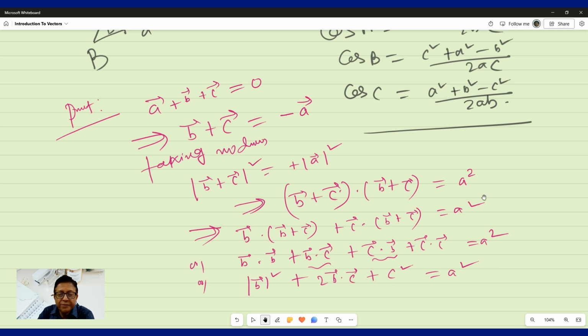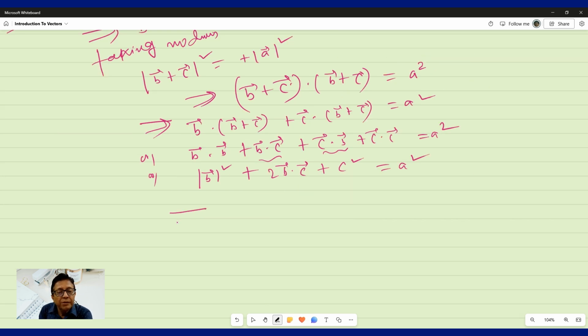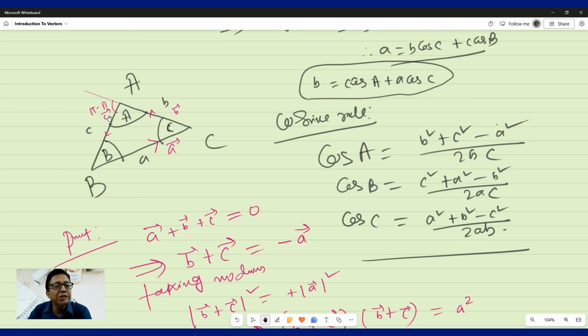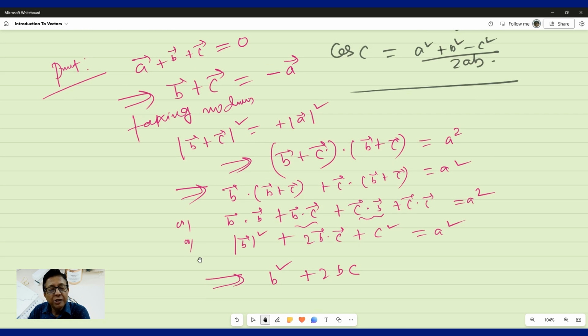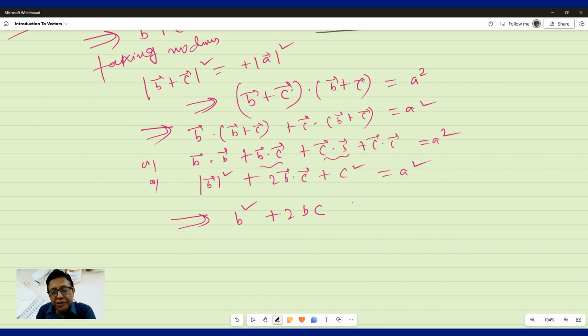It's alright. Mod B square is what? B square, plus C square, plus 2BC. What's the angle between B and C? Just as I showed you, it is pi minus A. So go accordingly, 2BC